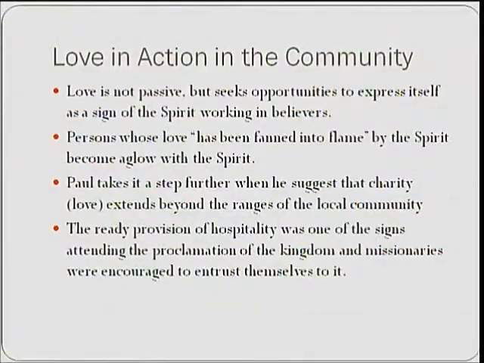I love what Burns says here. Persons whose love, quote, has been fanned into flame by the Spirit become aglow with the Spirit when they are able to live out this kind of love. This little light of mine, I'm going to let it shine, that kind of love that causes it to glow in us. And then Paul takes it a step further